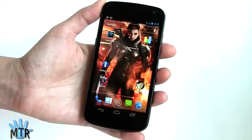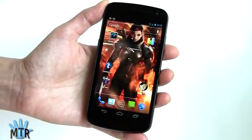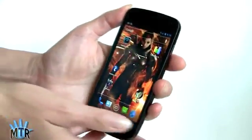This is Lisa from Mobile Tech Review, and today we're looking at the Samsung Galaxy Nexus for the third time. We looked at the unlocked GSM version at the end of 2011, then we looked at the Verizon version then too, and now we've got it available on Sprint with LTE, and we're going to see how it stacks up now. So this is the Samsung Galaxy Nexus yet again, this time on Sprint,